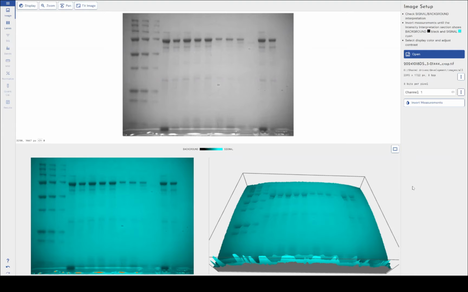Hello everyone. So today I'm going to be guiding you through the various different background subtraction, background correction, background removal, whatever you may call it, settings and techniques that we have within our Phoretix 1D software. Now, Phoretix 1D has a number of unique background removal techniques and abilities that are not shared by our competitors that really set us apart in this area, and I've chosen this demo image very specifically to be able to showcase and highlight why you would need those, when you would need those, and what the benefit of having those